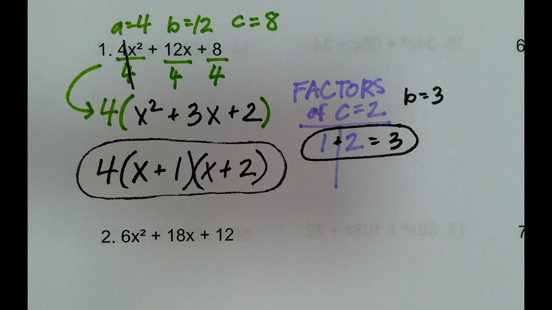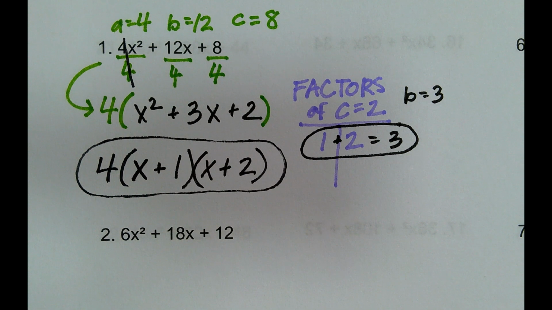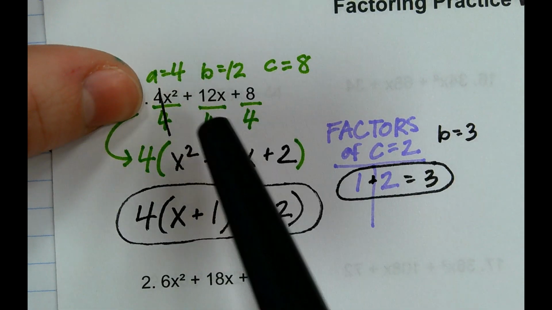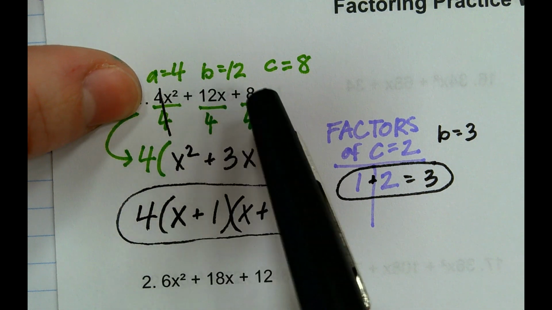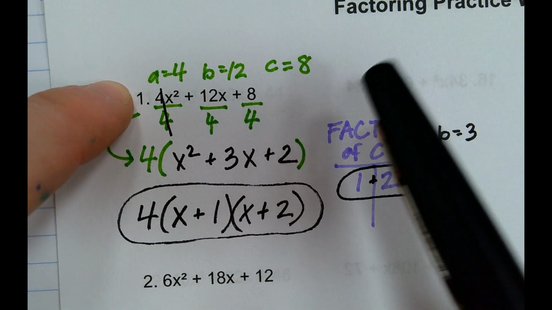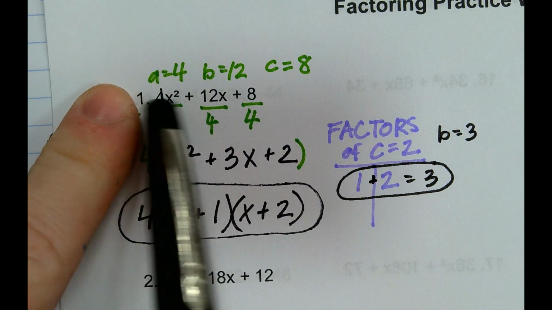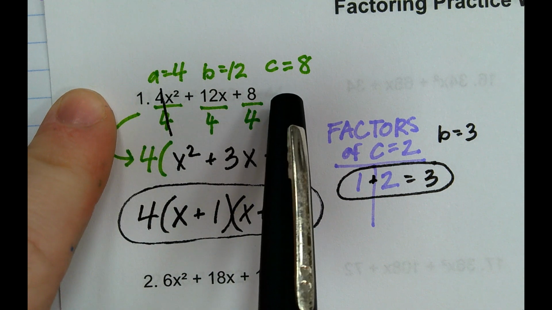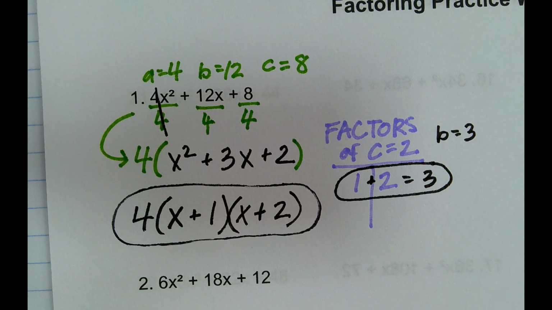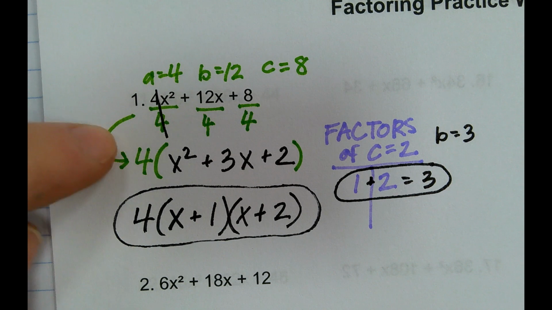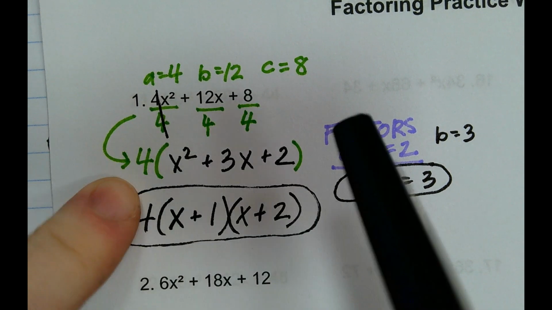All right, before we move on to another one, any questions about this first one here? I'm lost. Sure. Okay, so let's look at the beginning of our problem, where we have 4x squared plus 12x plus 8. Thank you for saying you're lost, because I bet you're not the only one. Can you tell me at what point in this beginning part of our expression you have no idea what's going on? The beginning where we found a 4? No, I get that part. Okay, so you get that part. Like after that,